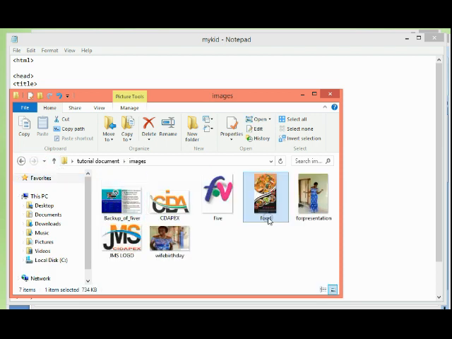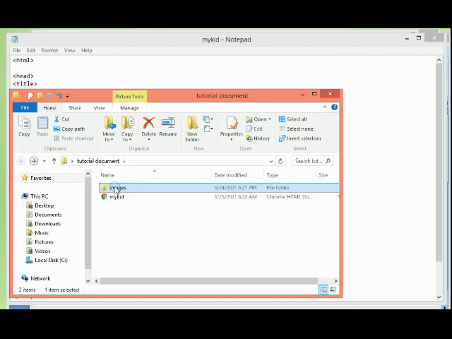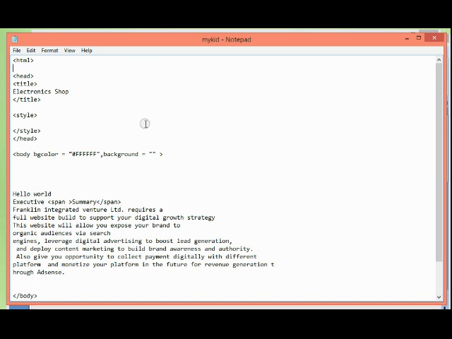Like we have a folder called tutorial documents. Look at this folder here that houses our design documents. The image folder should also be included, like this thing I did now. This contains the whole image that we want to use in our web design. So your own image should also be at the same